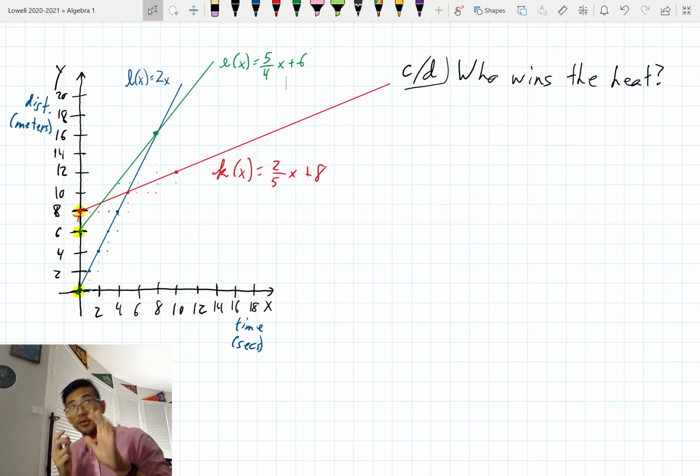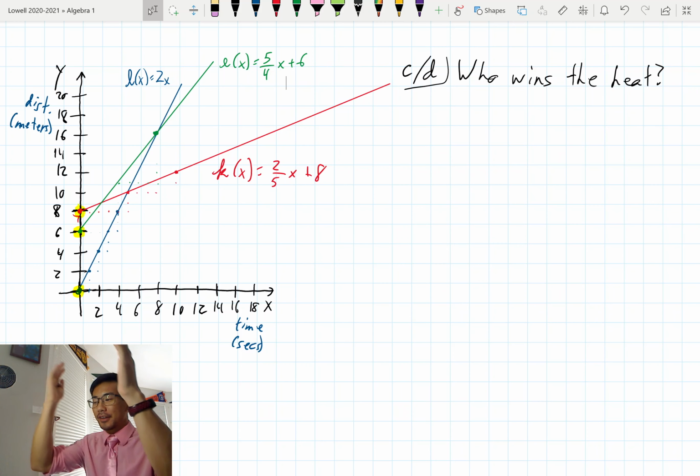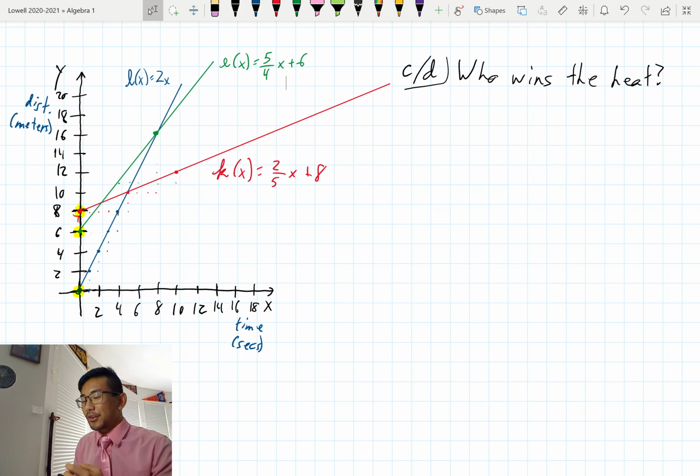Welcome back. So I've moved down here now, and I think it made sense for laying things out. But now the question is, who wins the heat? And once again, we're going to look at our graph in addition to using our equation. So on the graph,